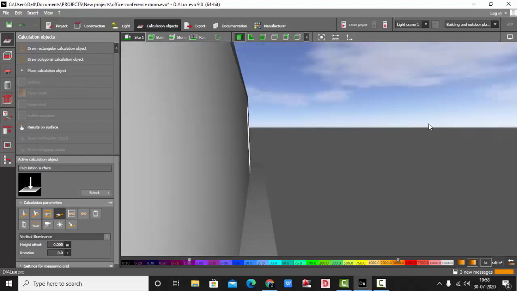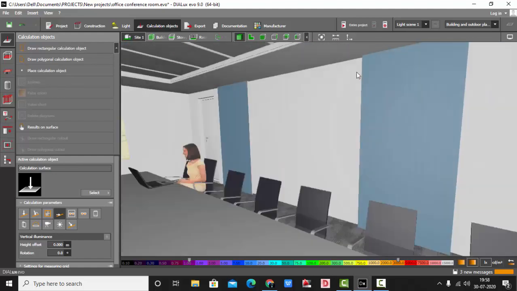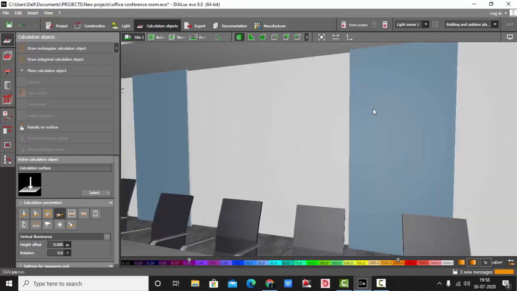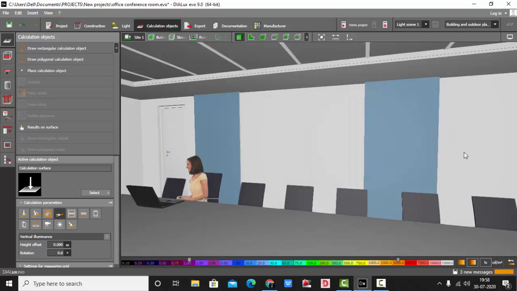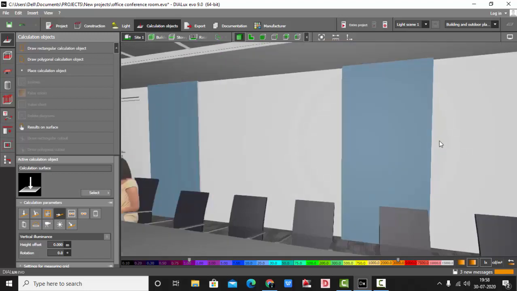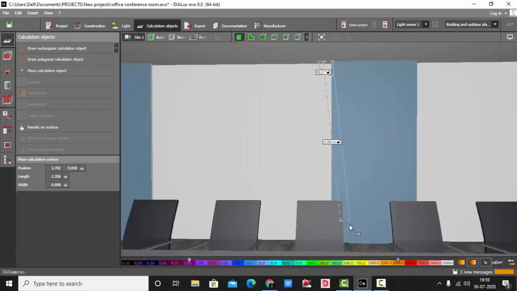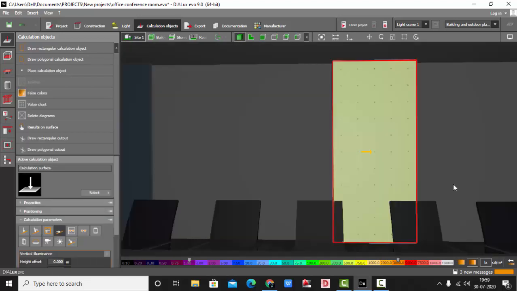Now we'll place one more calculation object on this wall. I'm showing it for this wall because suppose you're doing a light grazing or washing effect, you can place the calculation object like this. So select again draw rectangular calculation object, select the first point, second point, and extend it.